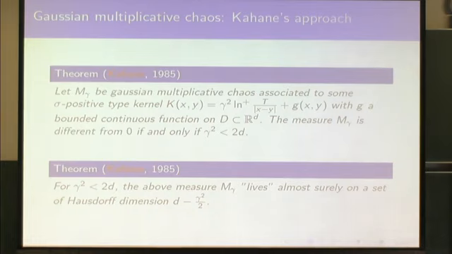because when you look at Liouville quantum gravity, it's a surface, so you can look at the frontier of the surface, in which case you take d equal 1 here, and you need gamma smaller than square root of 2 for the measure to be non-trivial. And if you're working in dimension 2, you need gamma strictly smaller than 2, since gamma squared is smaller than 4, for the measure you get at the end to be non-trivial. Okay, and so there's this statement that says that it has a multifractal behavior, which can be